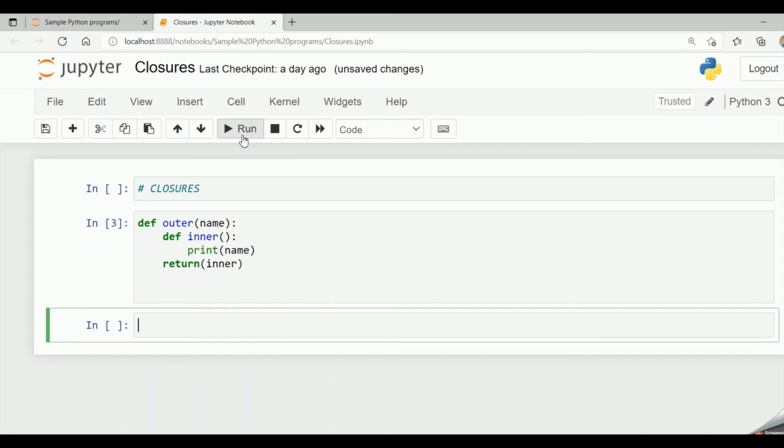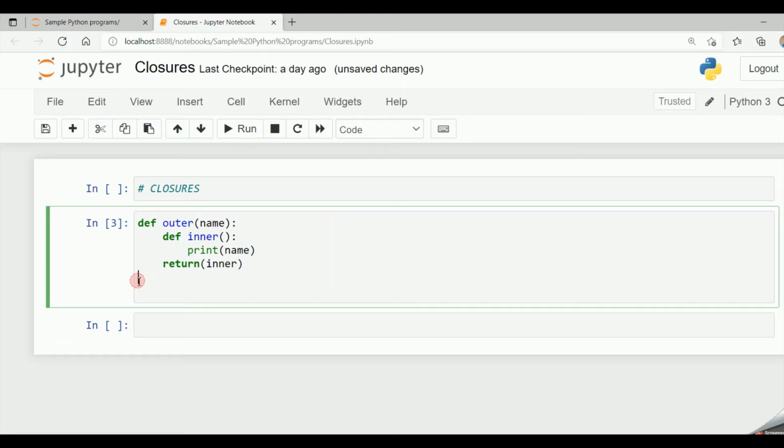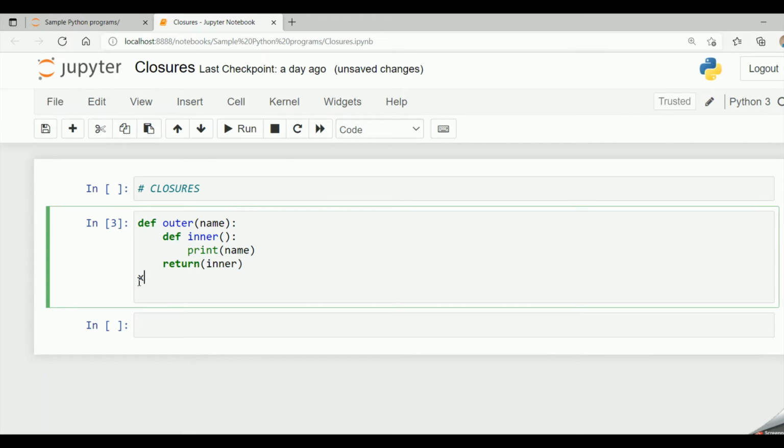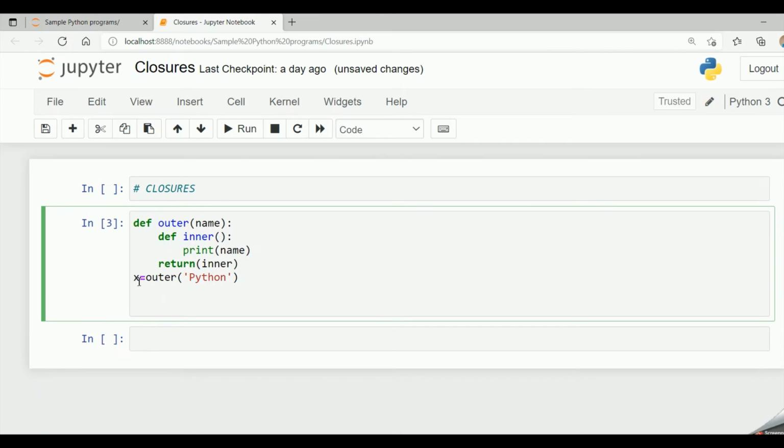When I run this, I don't get any output because I am not calling my function. So let me call my function by saying x equal to outer and let me pass Python as the variable. And now let me call my inner function.